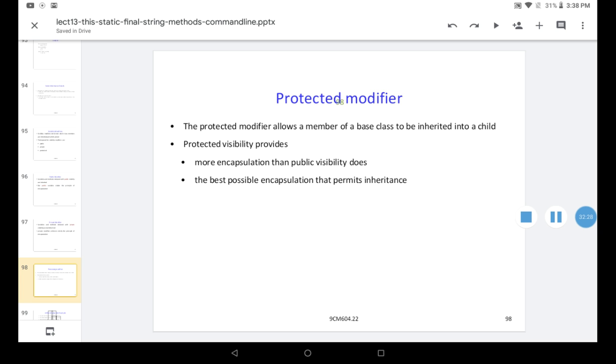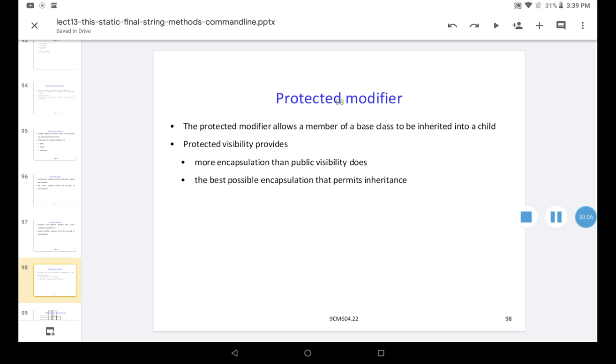In public visibility, because there is no restriction, the security of data is not there. In protected, at least some encapsulation feature is there, like a protection to the data. It is the best possible encapsulation that permits inheritance. If you use the protected keyword, that class can share only with its child.